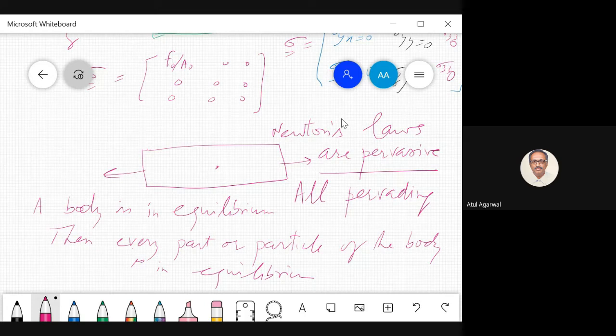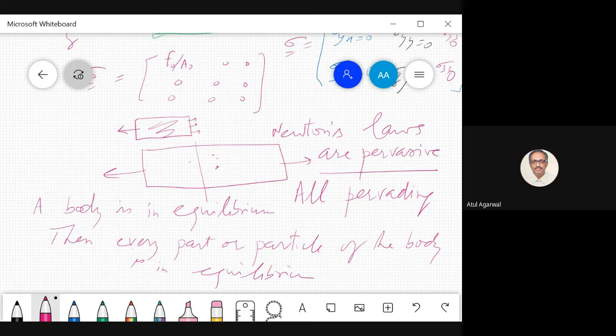So you take any part of the body, you take this part of the body. Draw the free body diagram. So external force is on this face. Now if there is no force coming from the other half, this fellow will accelerate in X direction. It will go left. So there are forces across this face to equilibrate it. This fellow is in equilibrium. When the whole body is in equilibrium, he has to be in equilibrium.